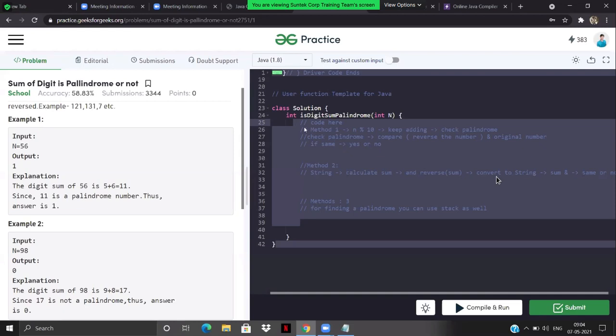Any doubt, guys, in this? Apart from that, I will make sure the document is shared with you. So guys, you will have a link for this question. Go to this question, try it out yourself. And if you find any difficulty, maybe you can ask me in the next class. We can have a complete solution for this.